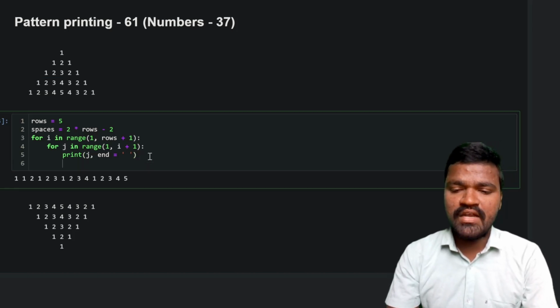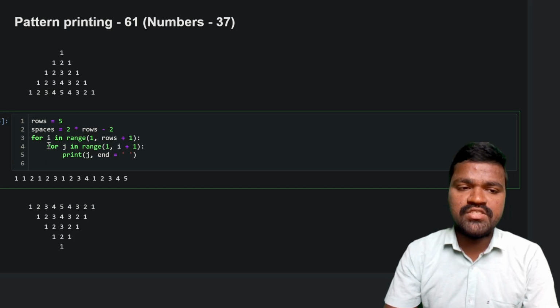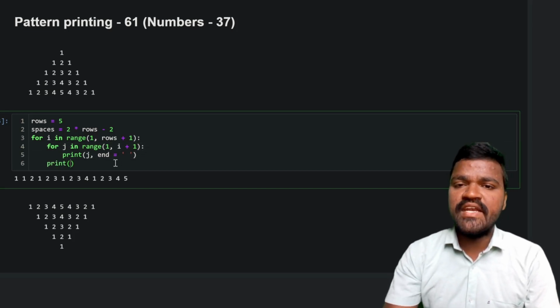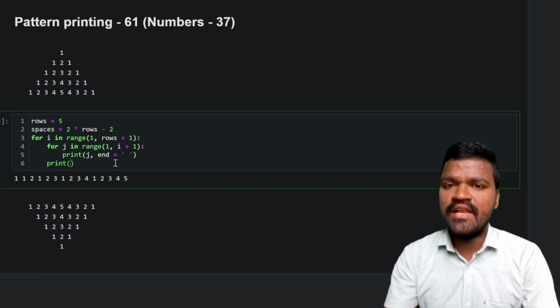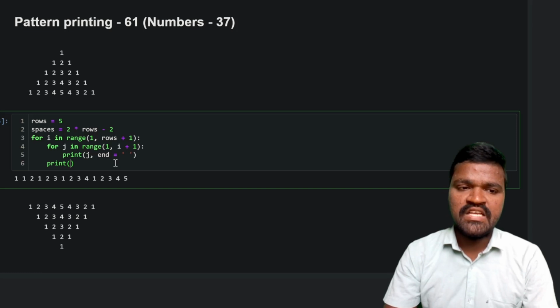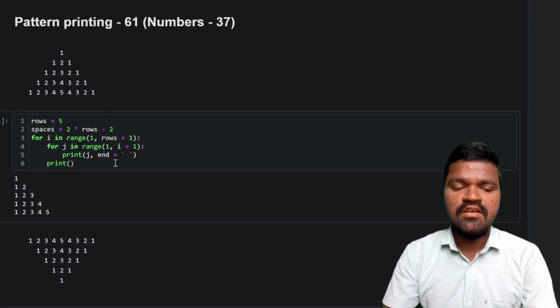So for that reason, what I will be doing is that after completion of this inner for loop, I will use a print to generate a new line. As we have discussed, this end parameter having a new line character will give a new line. So now if I execute this, we can see this kind of a pattern. So now we need to arrange this a little bit so that we can get the exact left